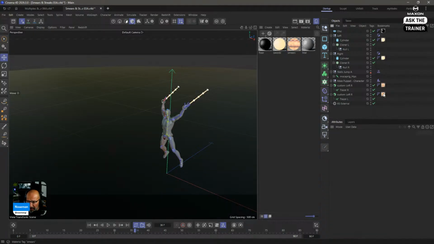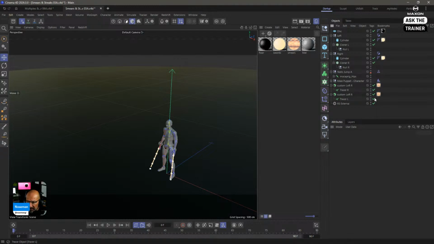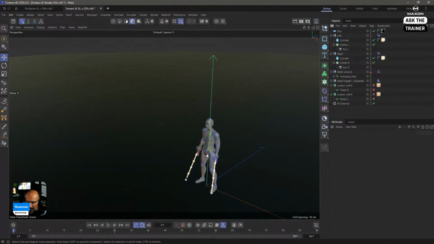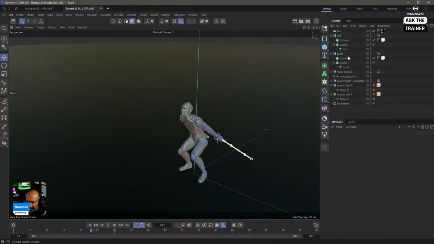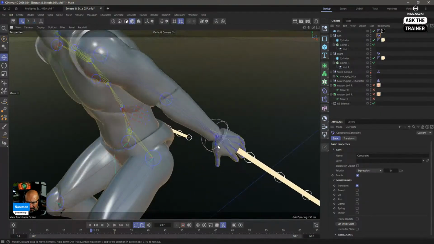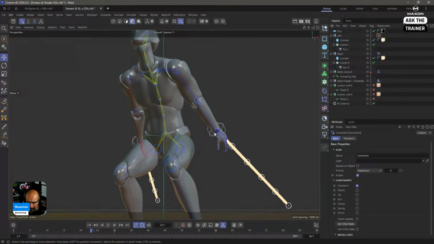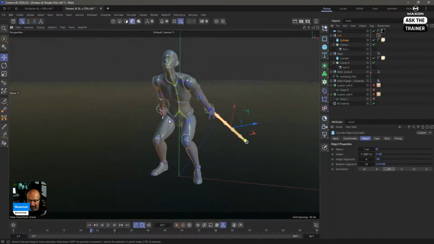Okay. Now let me just rewind here and show you how simple a setup like this can become. So I took our puppet, right? This is our puppet. And I just used a constraint tag, and I constrained to one of these joints in the hand a cylinder, because I want to put something that glows.